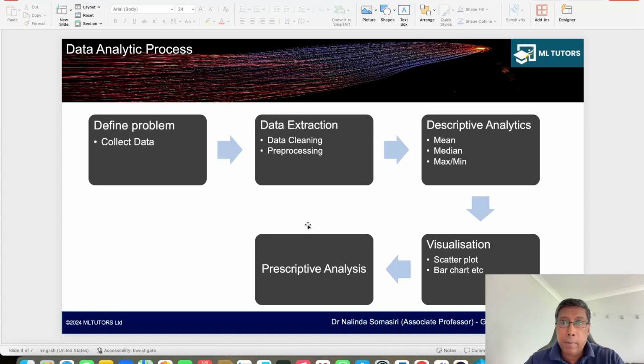And then finally we have video 3, where I'm going to talk about the descriptive analytics. We're going to compute the mean, median, max, and min on some of the attributes in the dataset. That's what you will see in the third video. You will also see the visualization of the data, and finally we're going to talk about the prescriptive analytics,